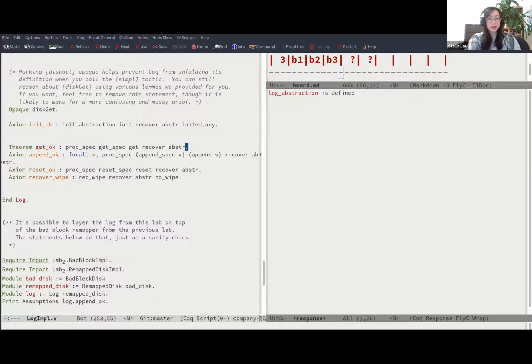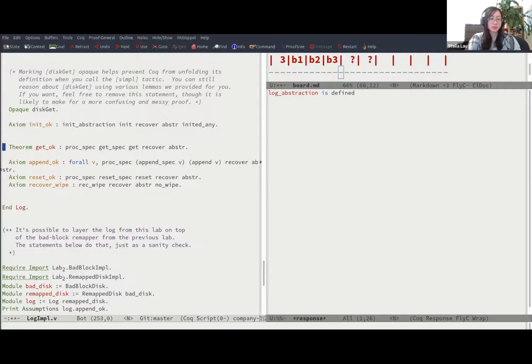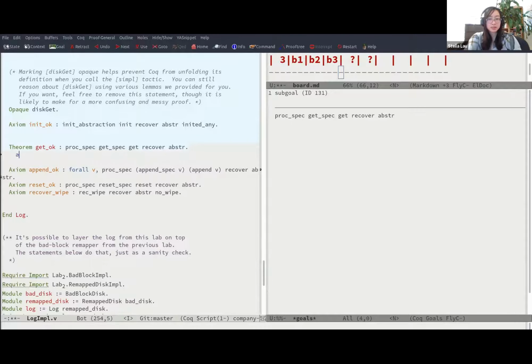We have you first proving get because this is the best way to check that your abstraction relation is correct. The problem is that right now, if my abstraction relation is wrong, I can actually prove that my append implementation is valid even if it's not. But if we first do get, we avoid this issue. Okay,